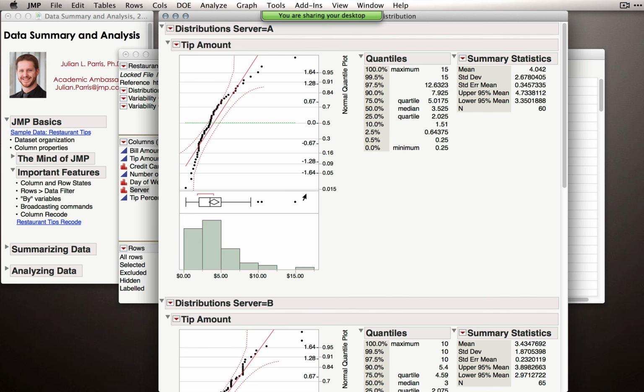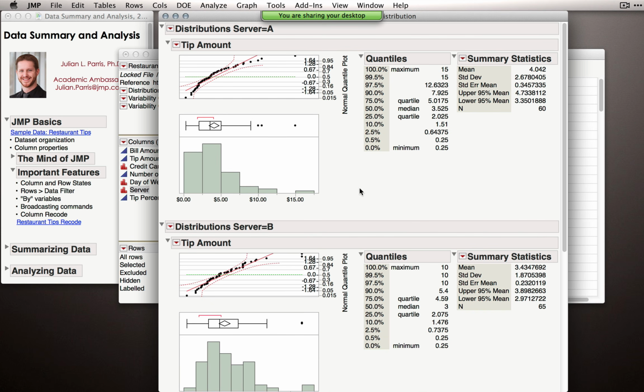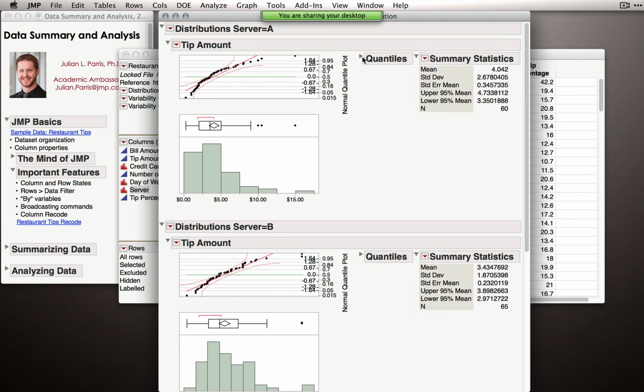Let me hold down Command, and I'm going to resize this normal quantile plot. So I'm going to resize it to be smaller. And because I'm holding down Command, JMP will broadcast the resize. What about these gray triangles? Notice that these gray triangles hide output or show output. If I hold down Command and click one of them, it'll hide all the quantiles, or it'll hide all the